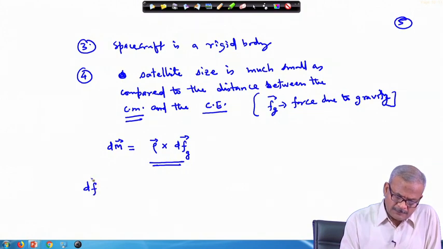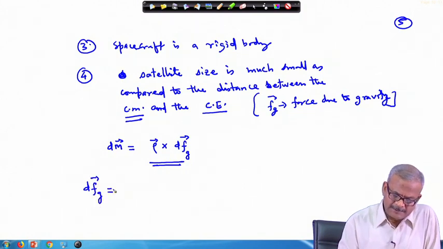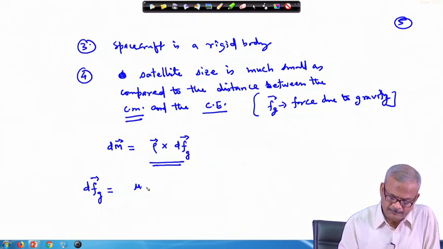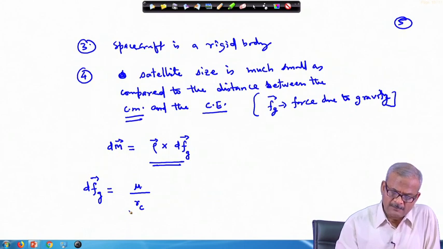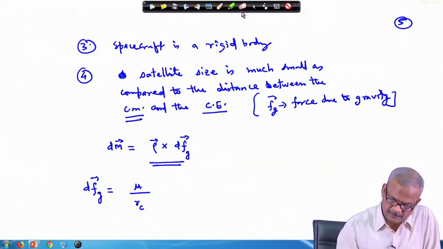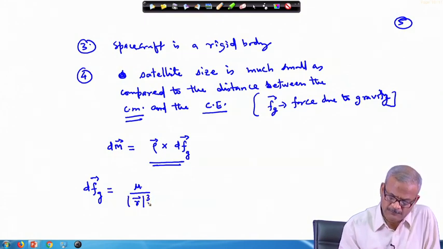And as we know, this dF_g can be written as mu by r magnitude whole cube,